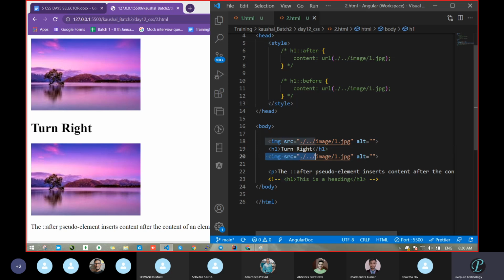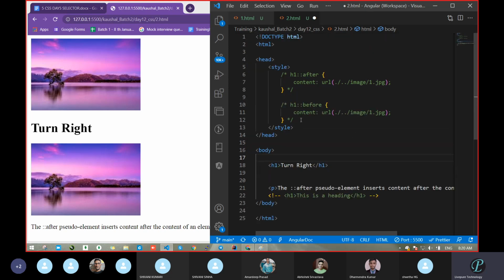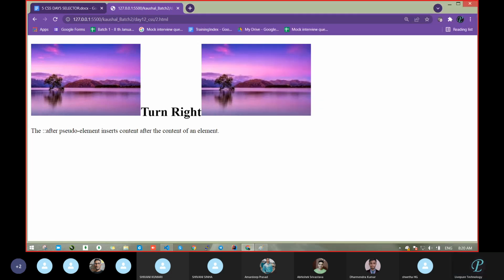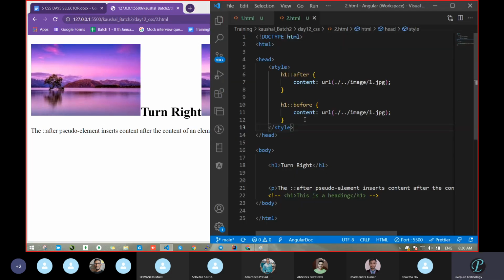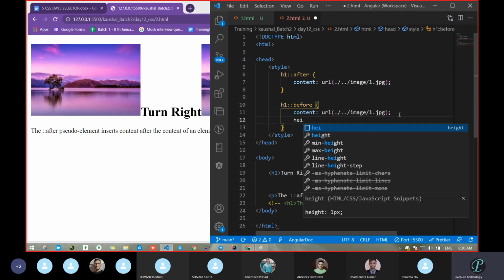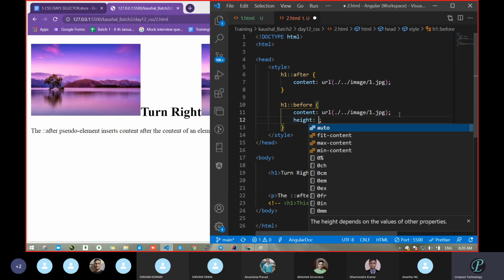In that case, if you are thinking to add an image, it will not work because it came down. Other possibilities are also there, but this is also one possibility. We can pass an image here. So this way we can add the image wherever you want, block level or whatever. Clear? Let's see height. We can add something.